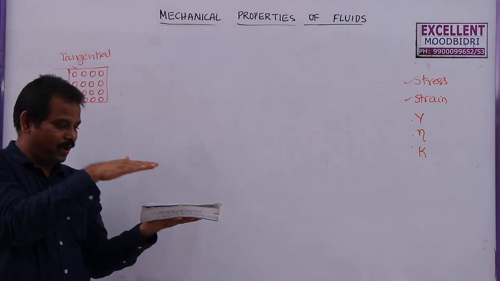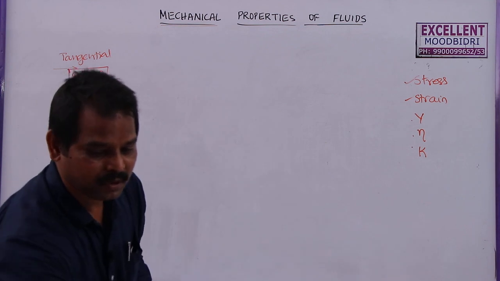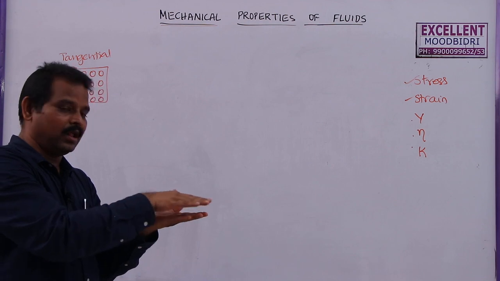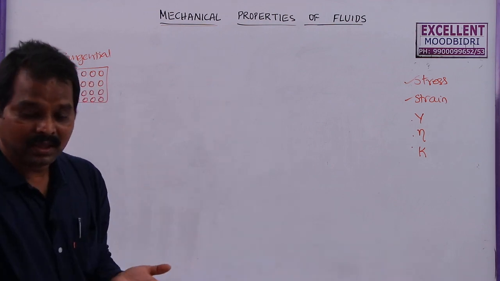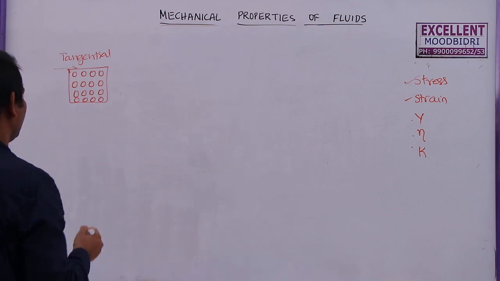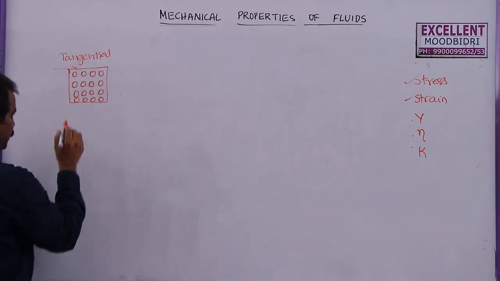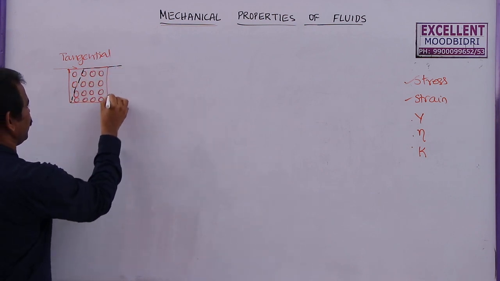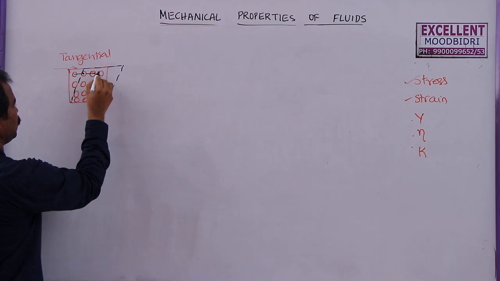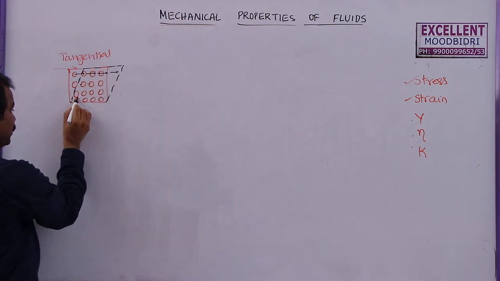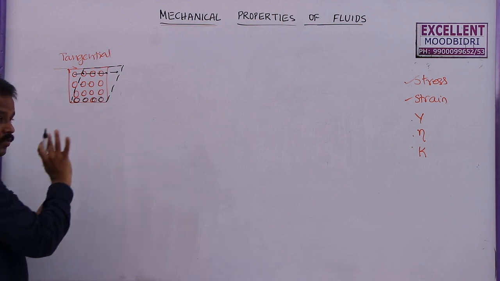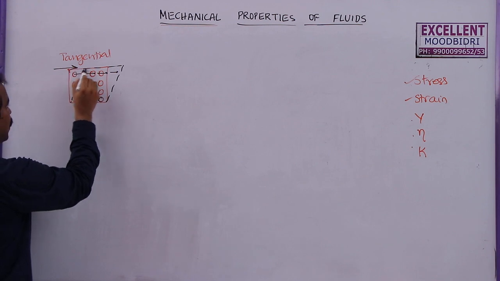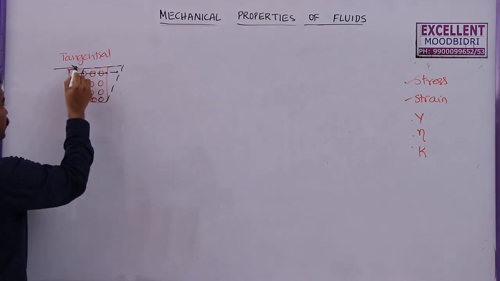But if we apply a similar force on a liquid drop, then what happens? Instead of sliding one over the other, all the layers will flow and the velocity acquired by them will be more. That means here, due to the application of this tangential force, this substance will change its shape. But what about the molecules? Molecules will move a little bit, some molecules. But these molecules which are at the bottom will not travel too much because the force is tangential. The effect of force will be more on the upper layers, and this effect will be less at the lower surface.